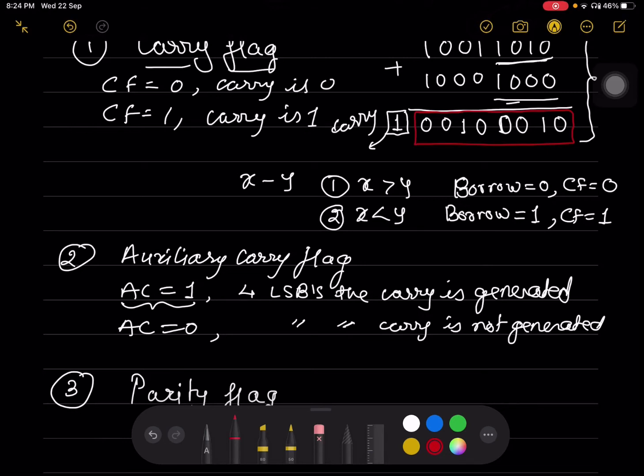And in ALU, the answer is considered for counting the number of ones. Parity of this answer is either even or it will be odd.